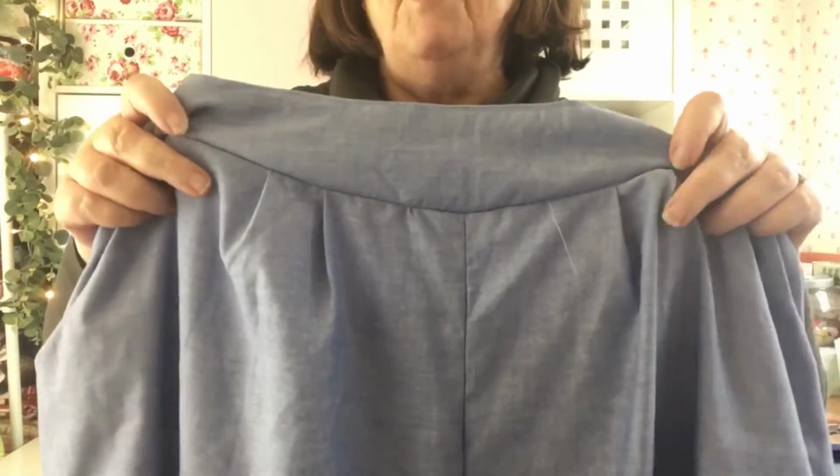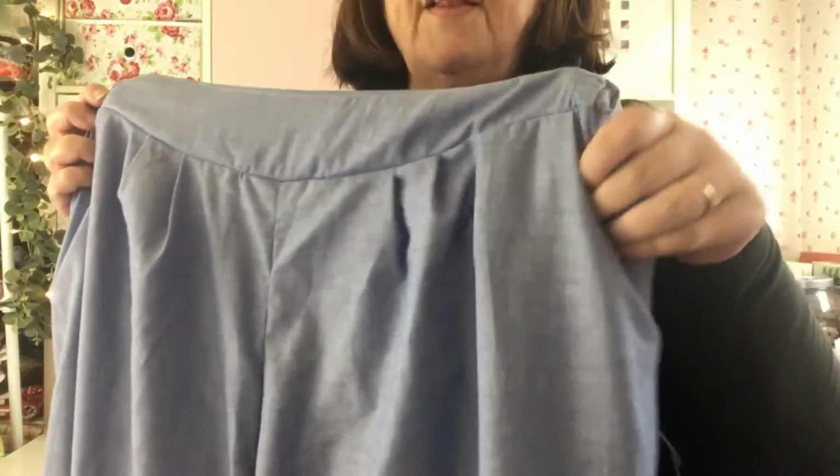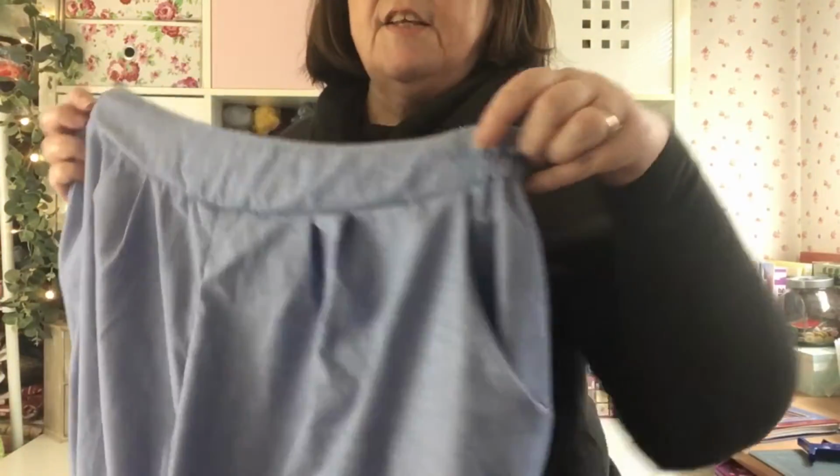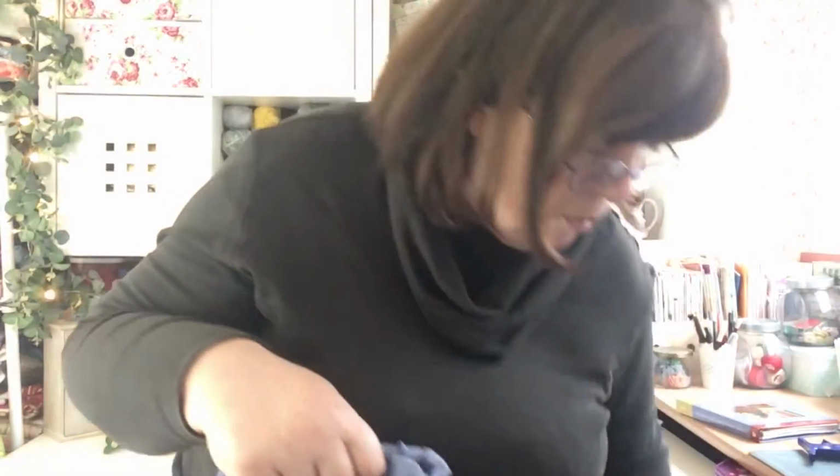So there's two pleats at the front, and then you've got, like I say, this pocket detail. I'm not going to pop them on now, but I will do in my future vlogs to show you. But I am making a capsule wardrobe at the moment, but